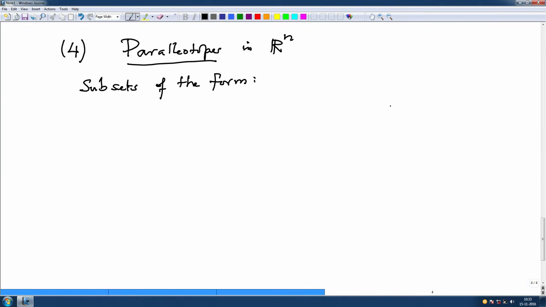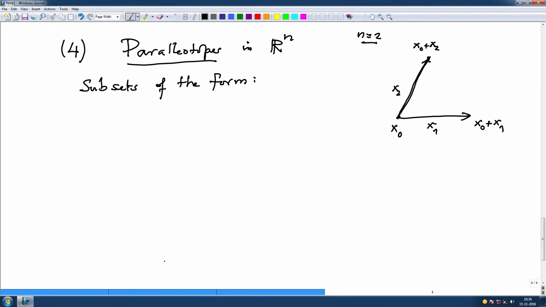So I will first draw a picture. The picture is, so there is a point here, I am drawing a picture for n equal to 2. This is a point x0. Remember, I do not want to give any importance to 0 as the origin. So x0 is the point here, and x1 is a vector. So this point is therefore x0 plus x1. Similarly, we have another vector x2 which starts from here. So this is x2, and this tip is x0 plus x2,